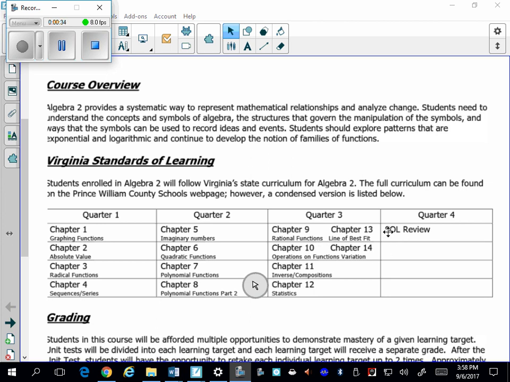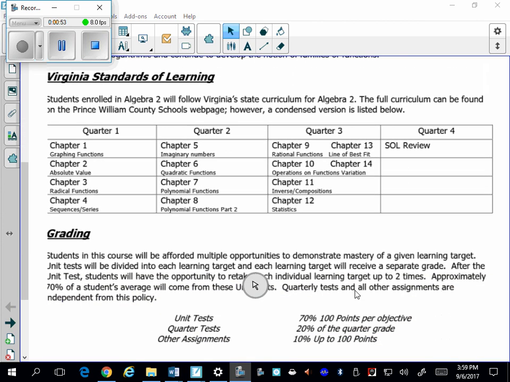And quarter 4 focuses on the SOL, and then after your child passes the SOL, we will move on to next year's material to better prepare them for next year, whether it's college, advanced math, or function, statistics. So getting down to